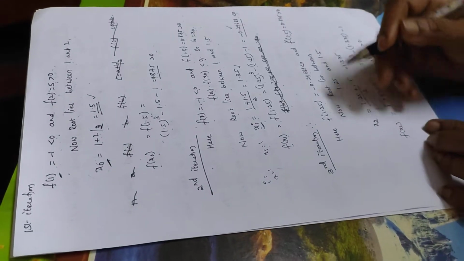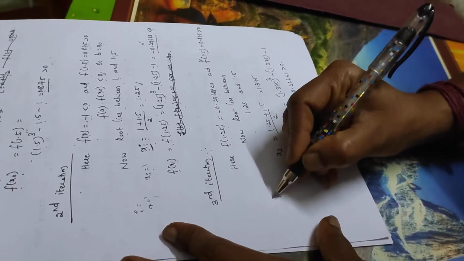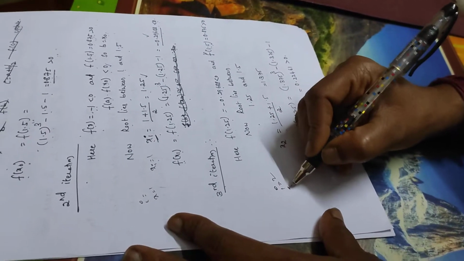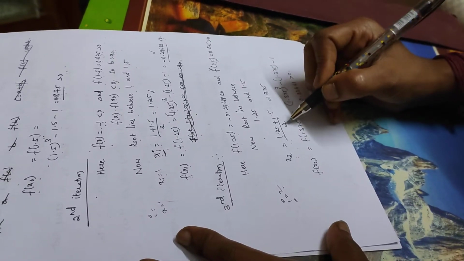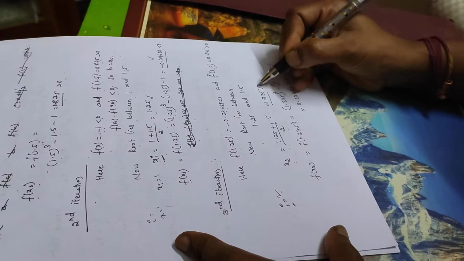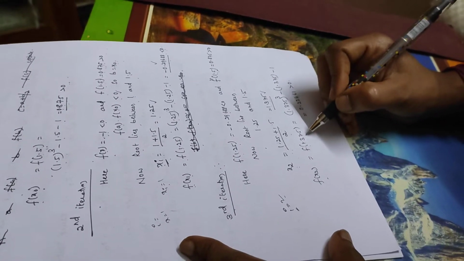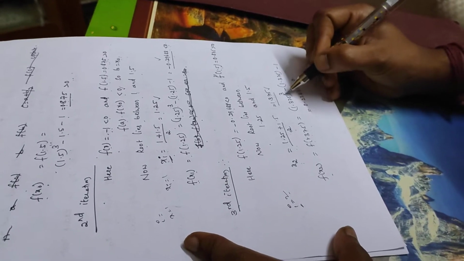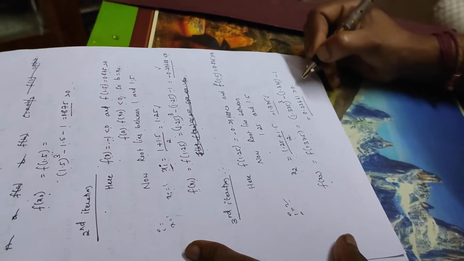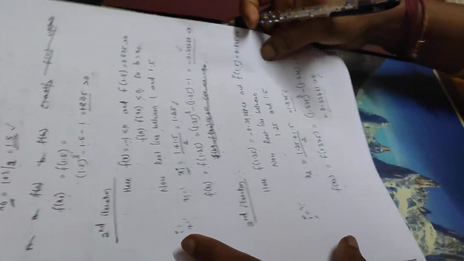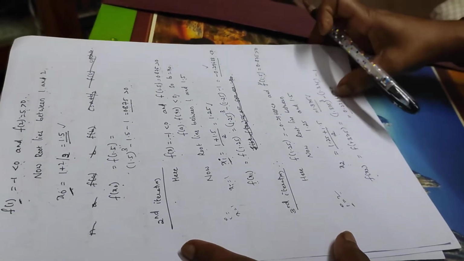So now again I can find the x2 value. Here I have taken x2 because my i is 2 now. So x2 equals (1.25 + 1.5) / 2, so that is 1.375. So now I can substitute in my f of x, that is f of 1.375, which equals 1.375 whole cube minus 1.375 minus 1. Now I get a positive value. So you can observe that when I substitute f of 1.375, I get a positive value.